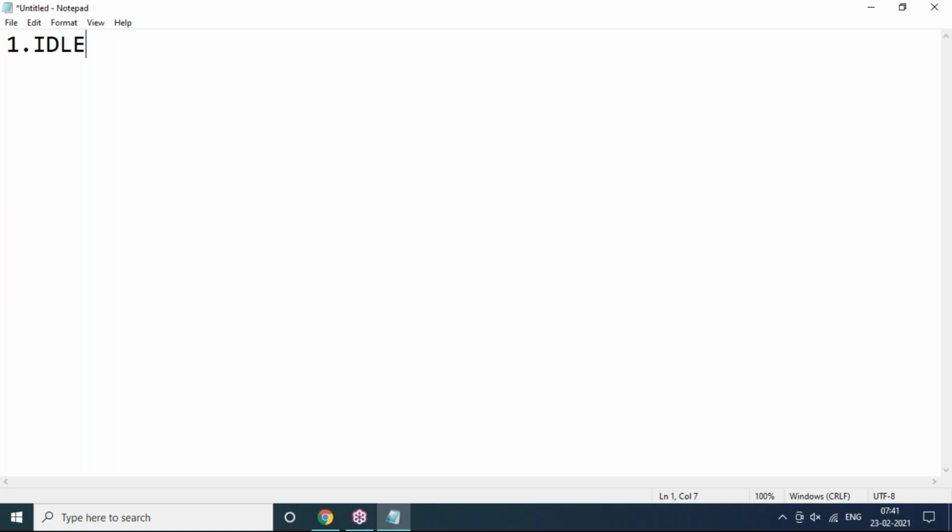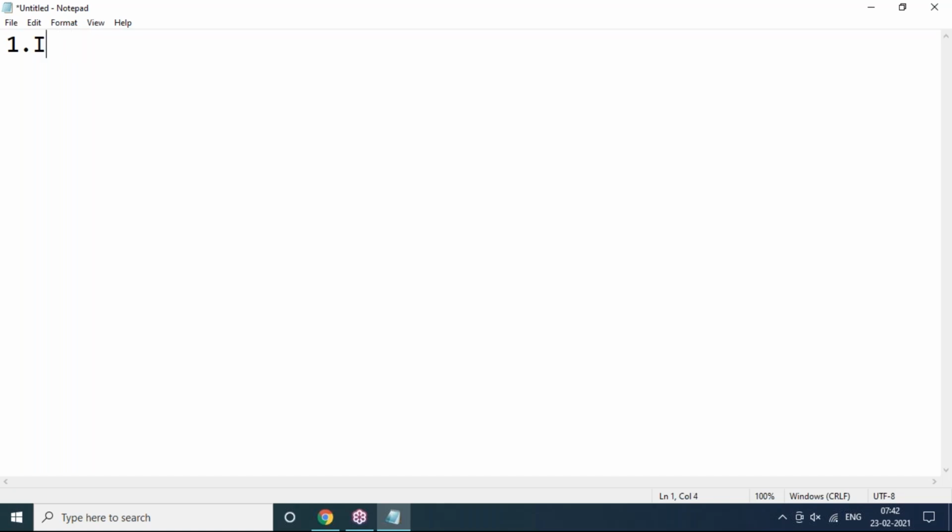So how to open this basic editor? Also, I would like to show how many ways we can write a Python script and execute it. What are the basic ways? I'll tell you clearly all the ways. But finally, as I said in the last session, throughout our complete sessions, I'll discuss through the PyCharm editor only. There is an editor called PyCharm. How to download and install it, I'll also say.